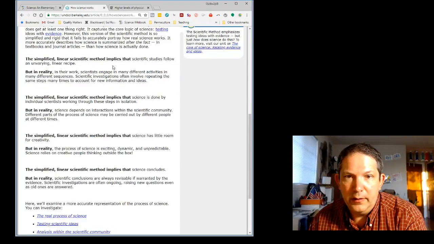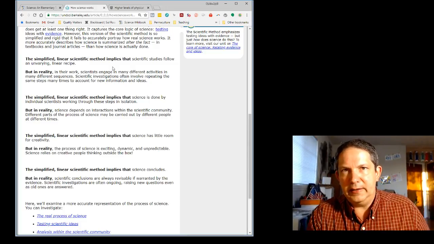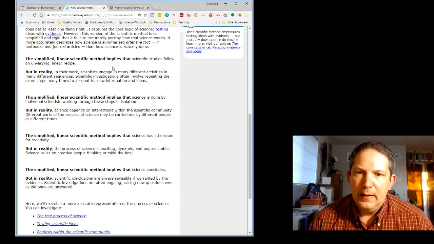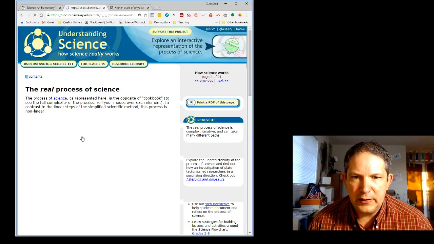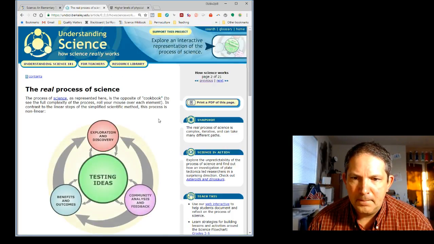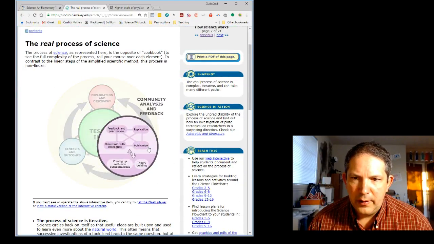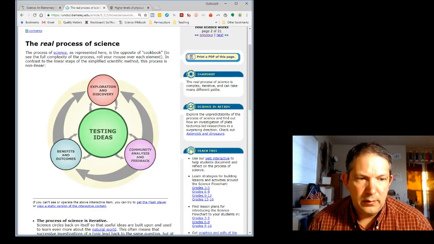In reality, you're just kind of going all over the place, gathering data and testing things and then moving in a new direction and then trying something else. And so it's really quite messy. So the real process of science here, and they talk about how it's a feedback loop, and you get peer review, you replicate your studies, you discuss with colleagues, you publish. Publishing is a whole other monster. To be quite frank, it's